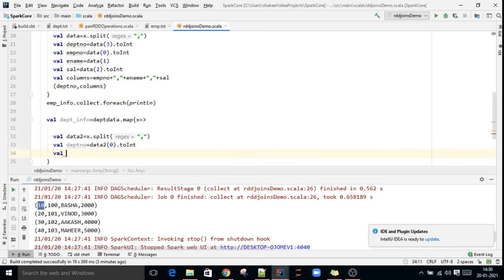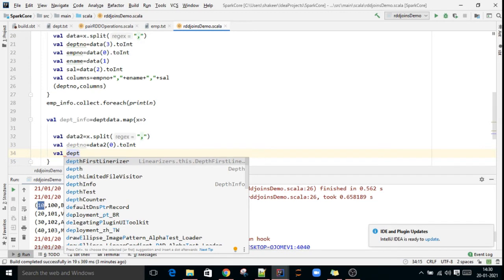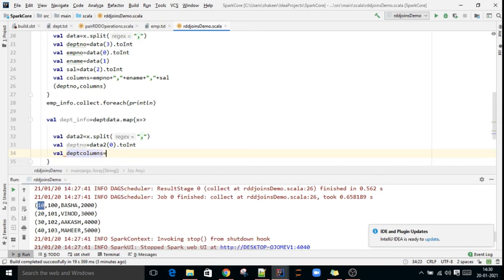Remaining columns, dept columns, we can do in one more way.